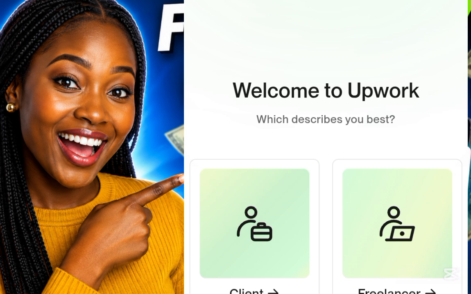Maybe you're a client, you will post a job to hire. If you're a freelancer, you work and you get paid. A freelancer means that you are going to get hired, you work and you get paid. If you're a client, you have a job, you post there and you hire. So you will click on